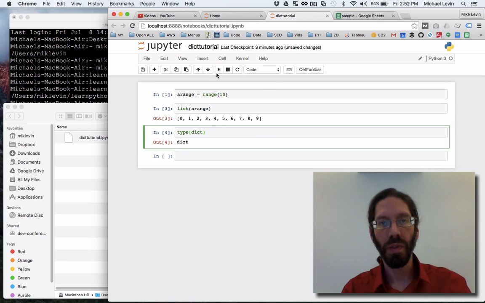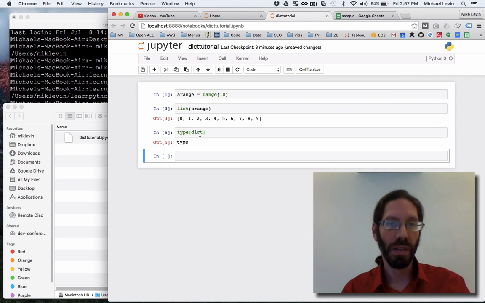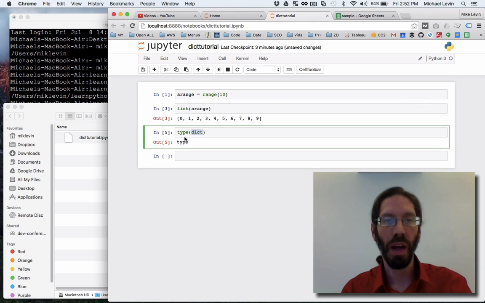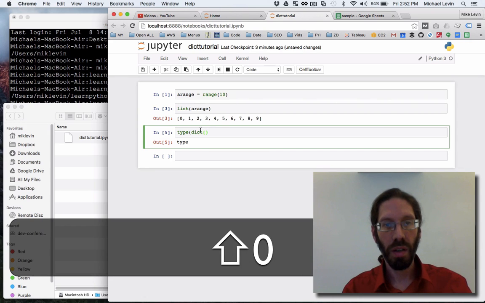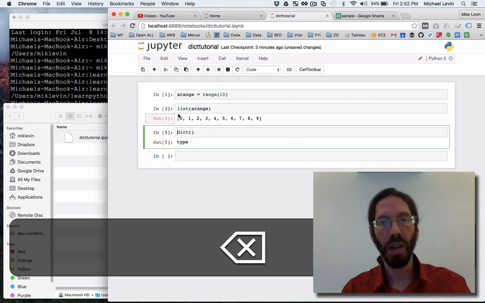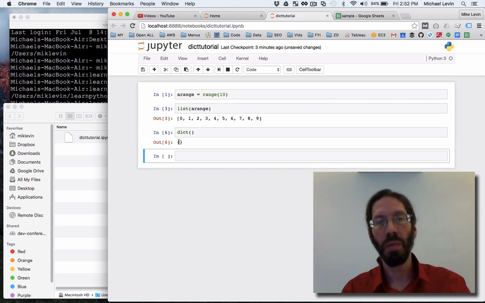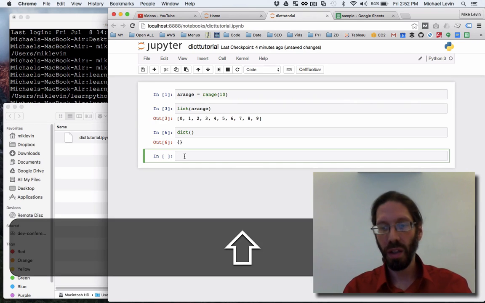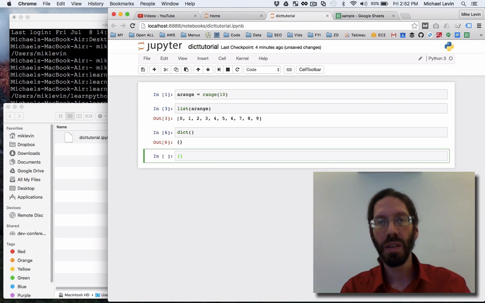Now that's actually a function. It's probably a type, so dict is a type of object. But if we created an instance of it and invoked dictionary, you'll see the curly brackets. Curly brackets are the notation for doing dictionaries. And when I say a dict, I'm talking about something that is very similar to